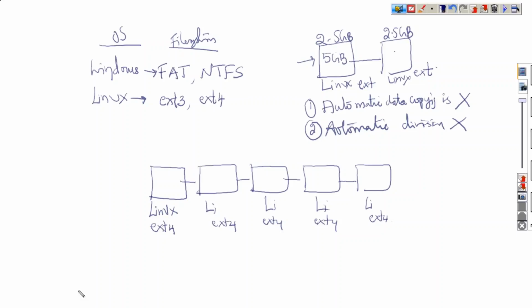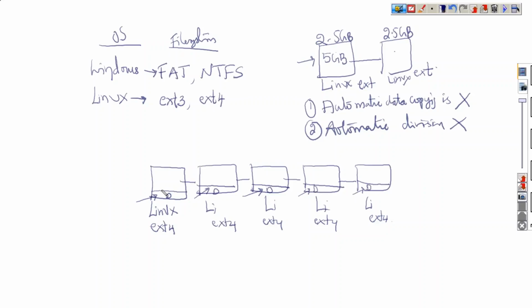See this now. In the 5 nodes we have ext4. Let me draw it like this, ext4. Let me call this the disk. Let us take this portion as the disk, not memory. The data will be stored into the disk. The data is in the disk. So who will maintain the information of the data present in the disk?